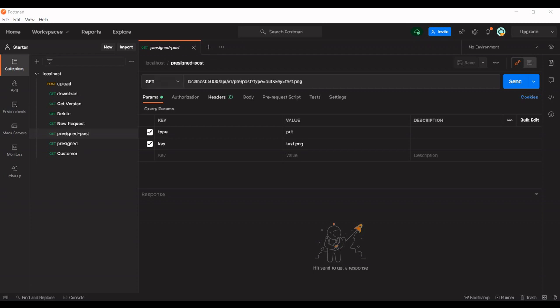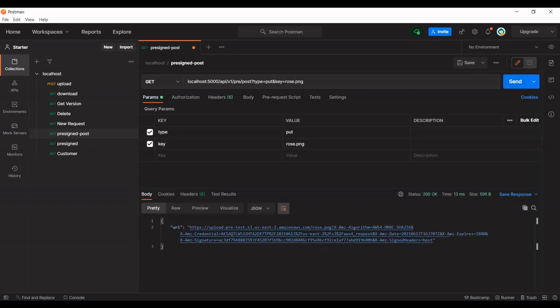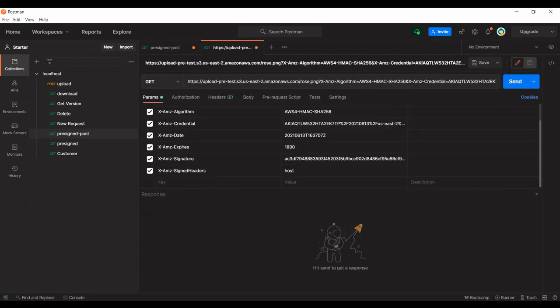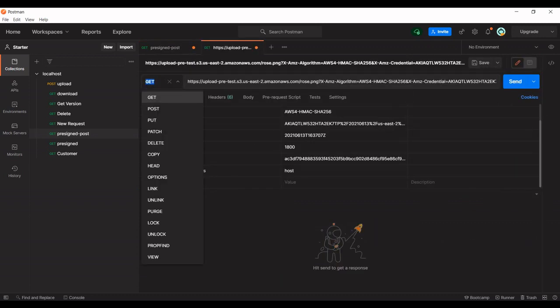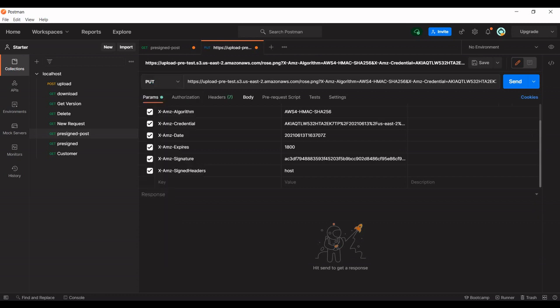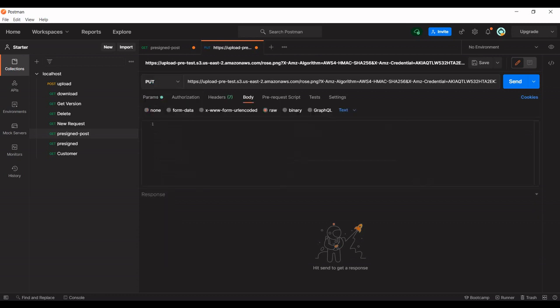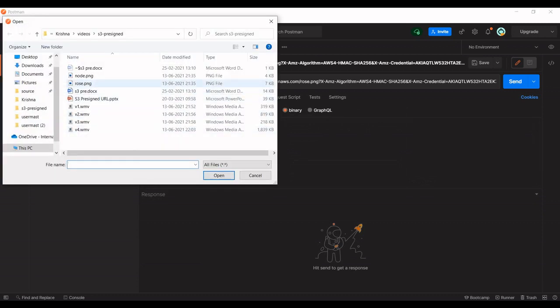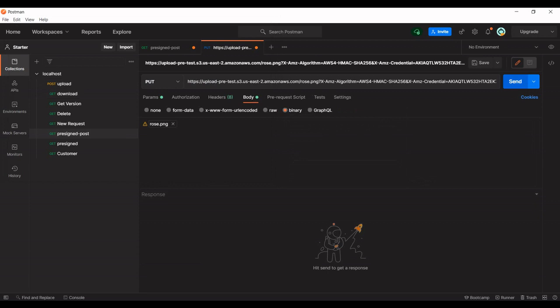Let's try the example. In Postman I have opened that URL. The type is going to be put and the file name, that's the key, is rows.png. It will generate a URL. When you click this URL, it will open in Postman. I am changing it to put. Go to the body, it's binary, select file, rows.png, upload the file.